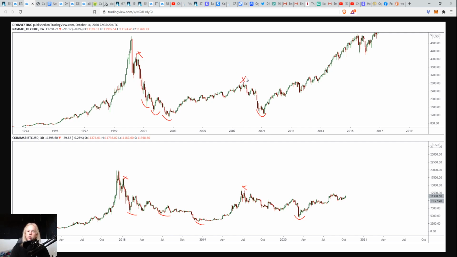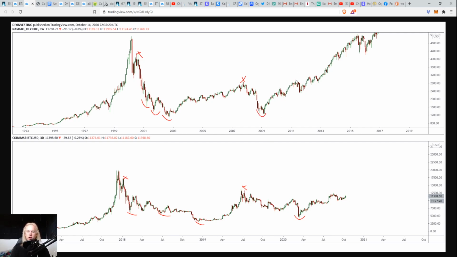Now with the Nasdaq, we ended up crashing all the way back down to retest pretty much the very low end of capitulation before ultimately breaking out and going into price discovery. And this is pretty much the same exact chart as Bitcoin. After we hit the high of 14K, we crashed back down to retest these lows, and then we got the buyback, just the same as the Nasdaq did here.